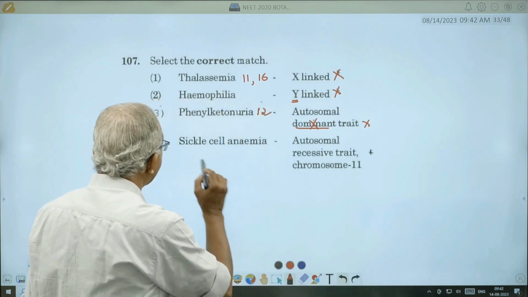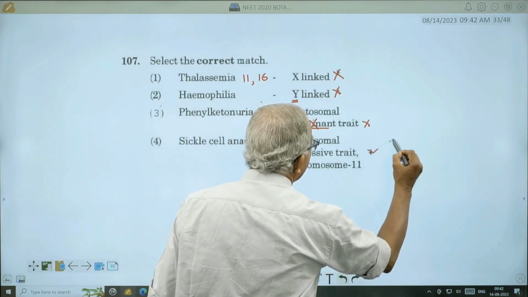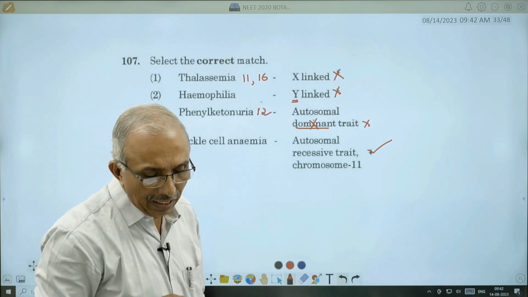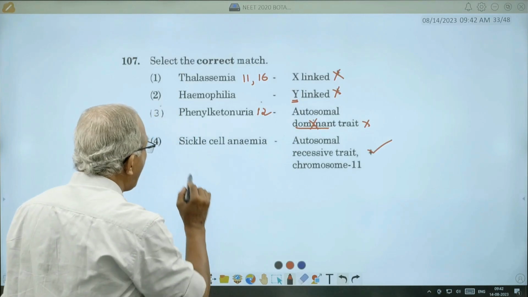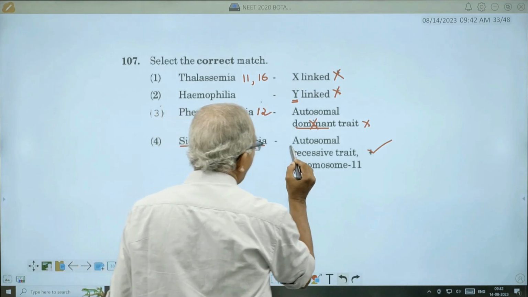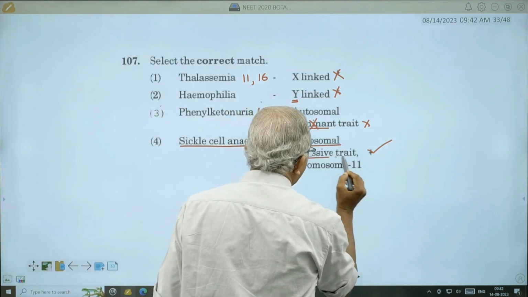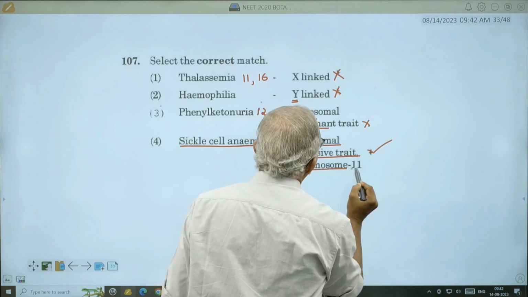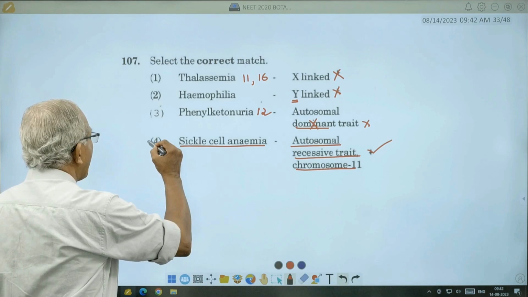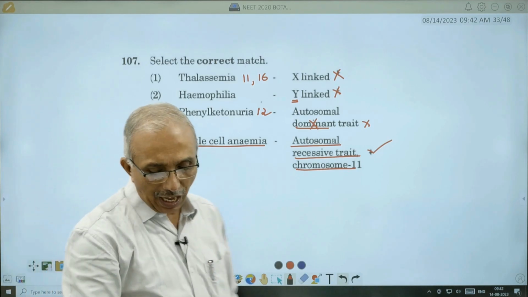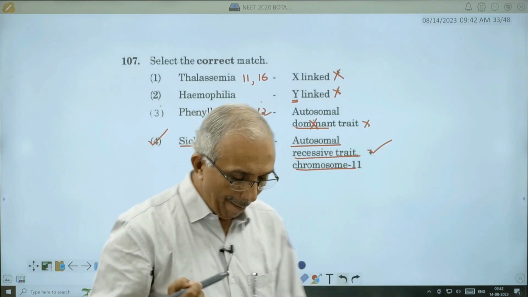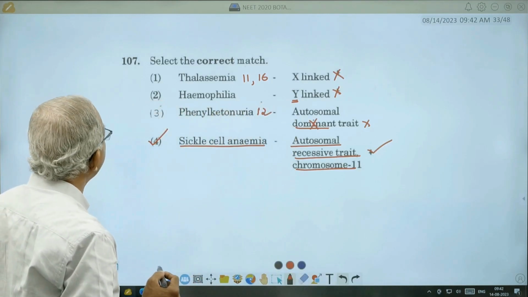Then sickle cell anemia. This is correct. Sickle cell anemia is an autosomal recessive trait, and these alleles are located on chromosome 11. Then next,